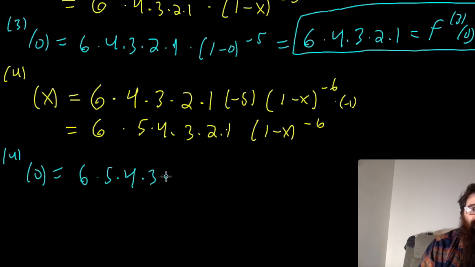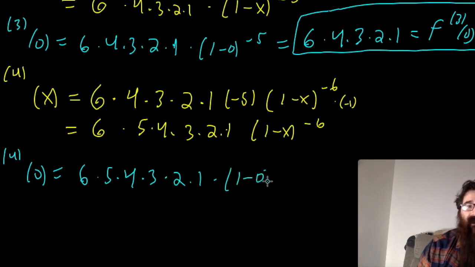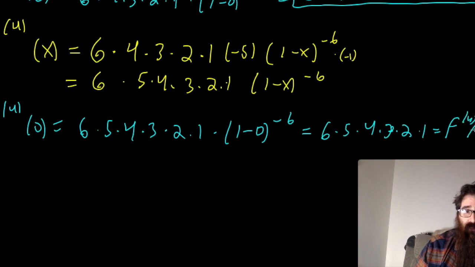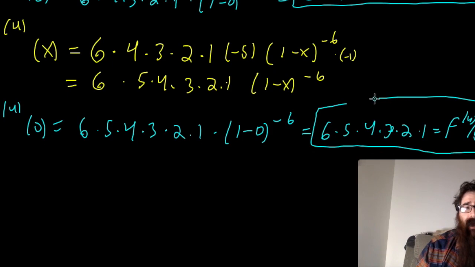6 times 5 times 4 times 3 times 2 times 1, times 1 minus 0 to the power of negative 6. That's 1 to the negative 6, which is just 1. So here I get 6 times 5 times 4 times 3 times 2 times 1 for my fourth order derivative evaluated at 0. Now there's definitely a pattern that's sort of emerging here, and I want to be careful with how I view this,